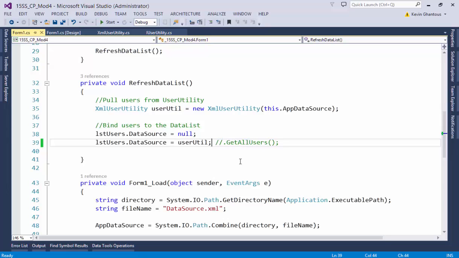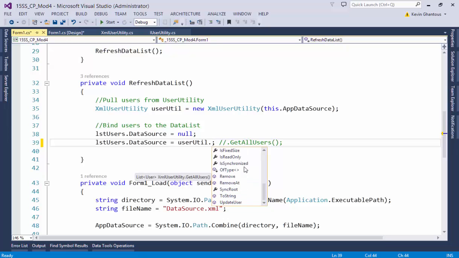But if we look at our user utility, now we have all of these additional functions because we implemented IList. But the only ones that will work are the ones that we implement, like we actually wrote code for. Correct. The rest of them will throw a not implemented exception. Now we've gunked up our code by implementing that interface implicitly. We actually added members to our class and they show up here. If we wanted to do it explicitly,